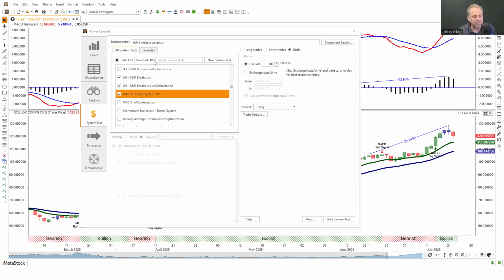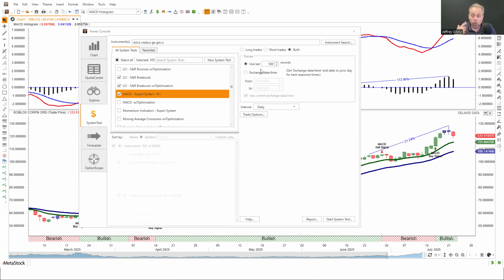Thousands and thousands of stocks. Okay. For the purpose of just showing this to you, I'm going to take all the long trades out of these systems and all the short trades out of the system. So we'll do both and go back about 500 bars. If I go back 500 bars, that's going to be about 2 years. There's about 252 trading days, give or take, in a trading year. 500 will go back about 2 years.